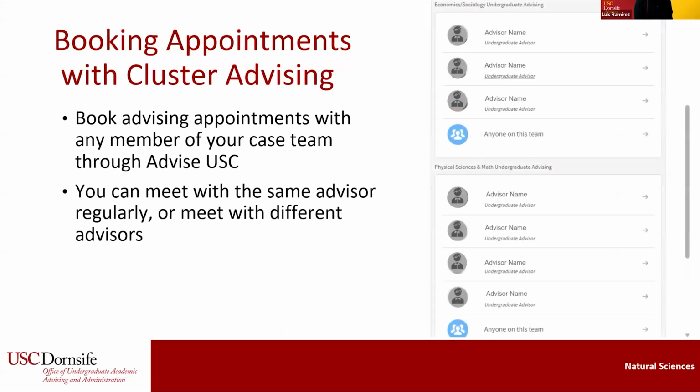Now, booking an advising appointment with your focus team, you can select from any of those that are part of the focus area. So the only sidebar on that is, only book one appointment at a time. Do not book multiple appointments. This will keep other fellow Trojans from meeting with an advisor. So one appointment at a time is what we recommend. You can meet with the same advisor regularly or meet with different advisors. And one last thing, if something happens, because we know life happens and you booked an appointment, if you can't make an appointment, just make sure you cancel it so a fellow Trojan can take that appointment after you.